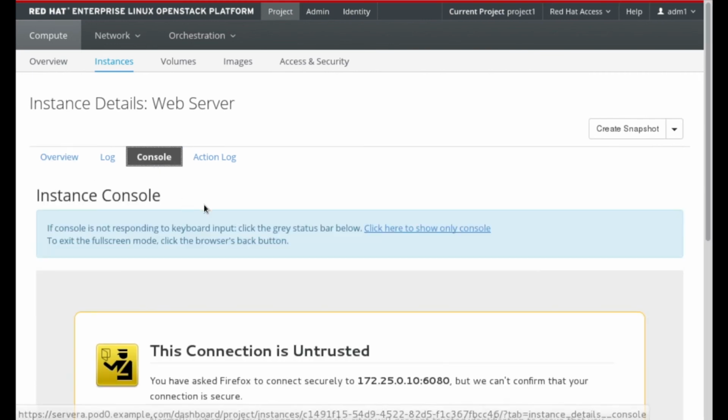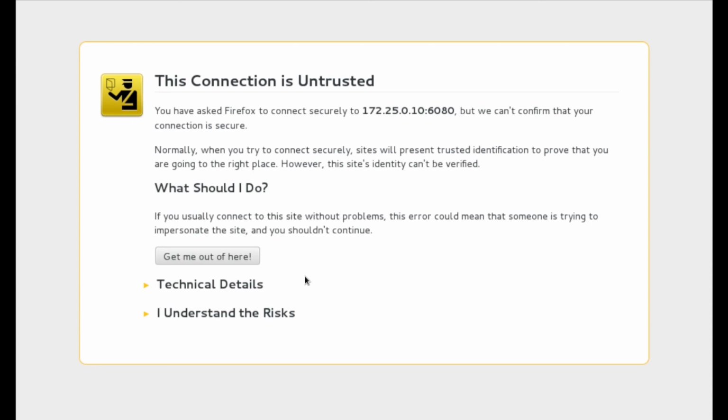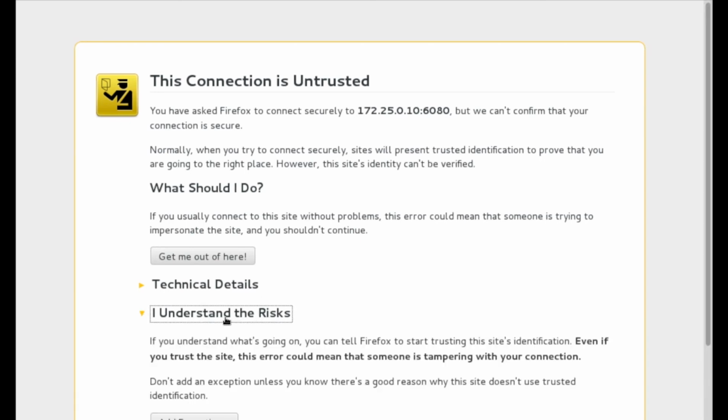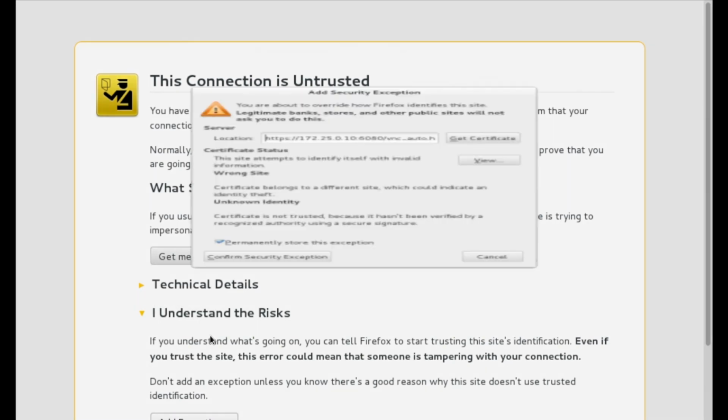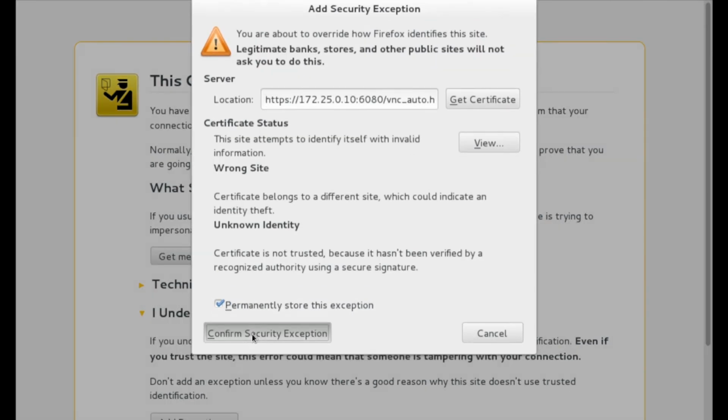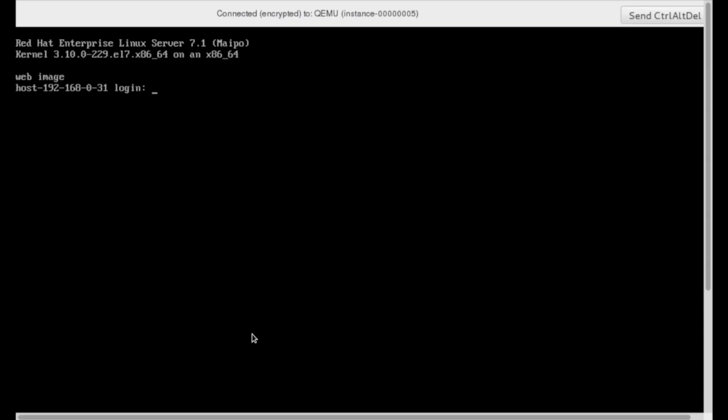Let me go ahead and click here to show just the console. The first time you connect to a console, it's using SSL for that connection, so I'll need to add an exception for the certificate that's being used, but here you can see me ready to log in to that first web server. I can do root